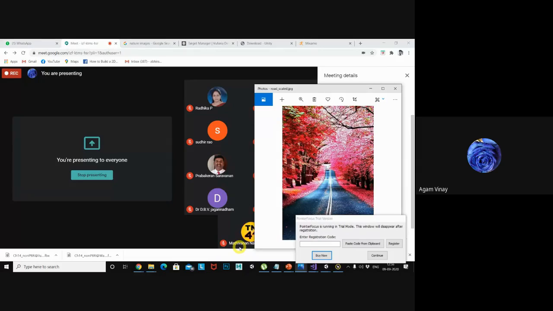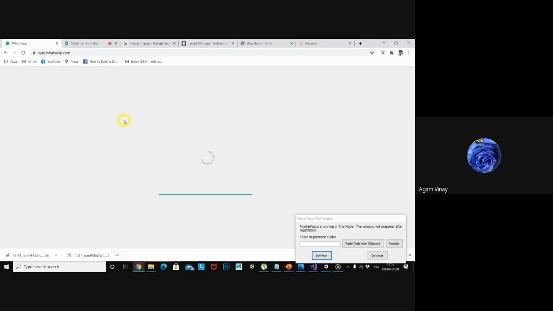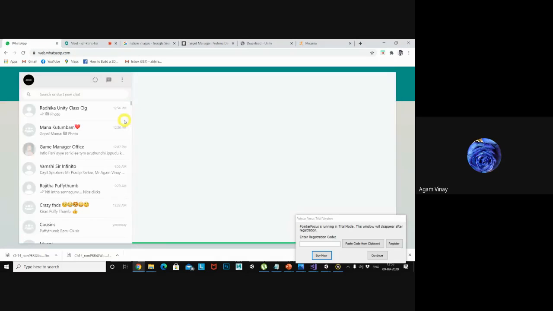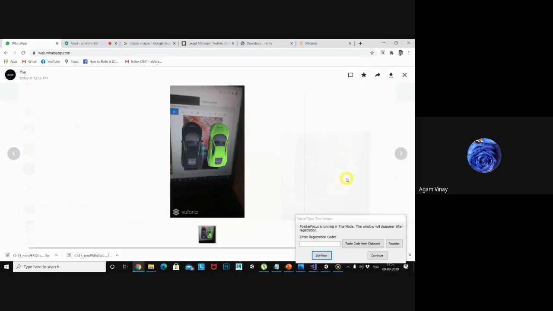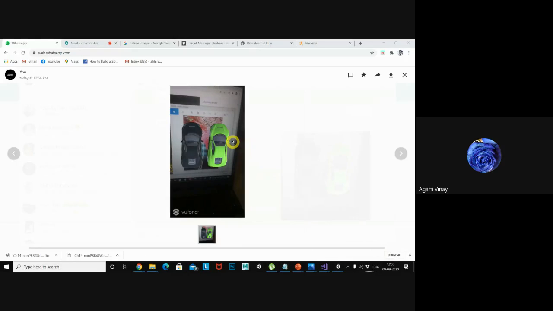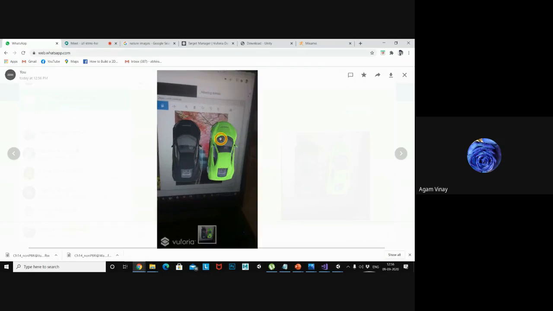So the concept is working on the mobile. I took a screenshot of the APK from my phone. The APK which I have built is working.